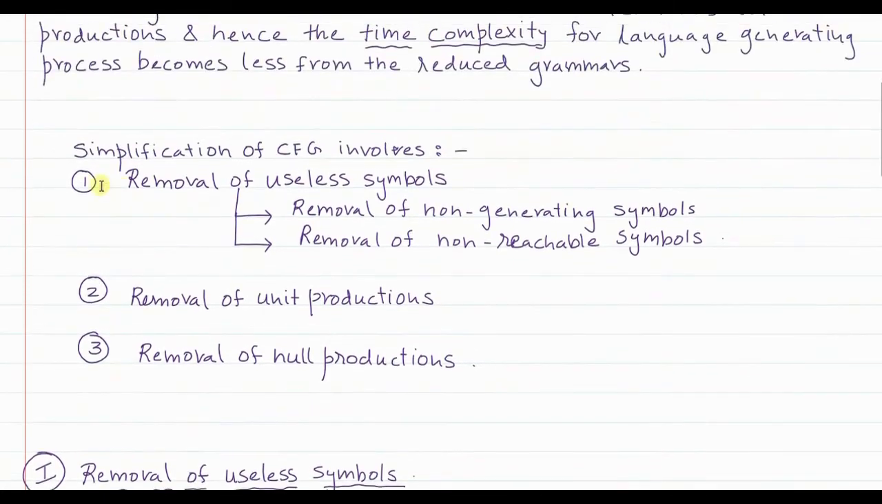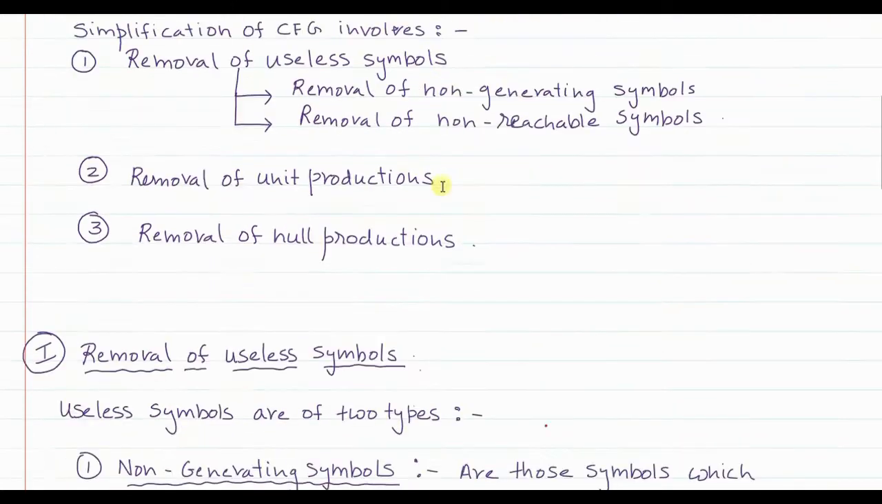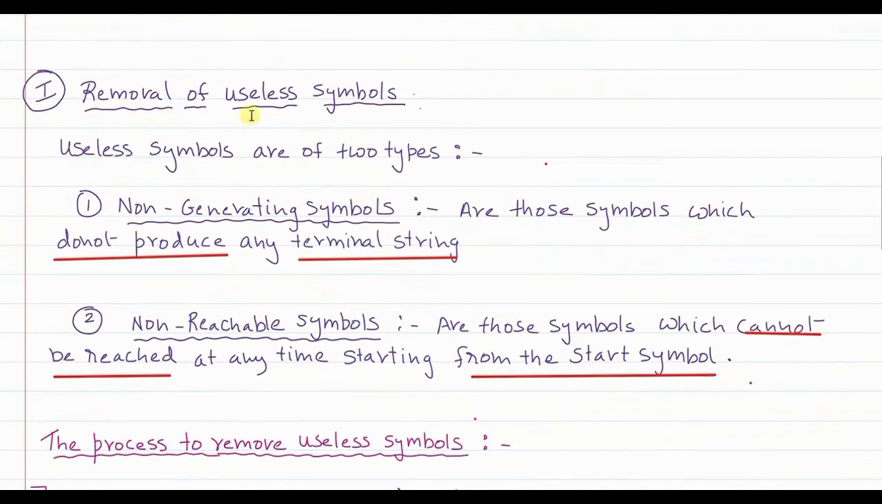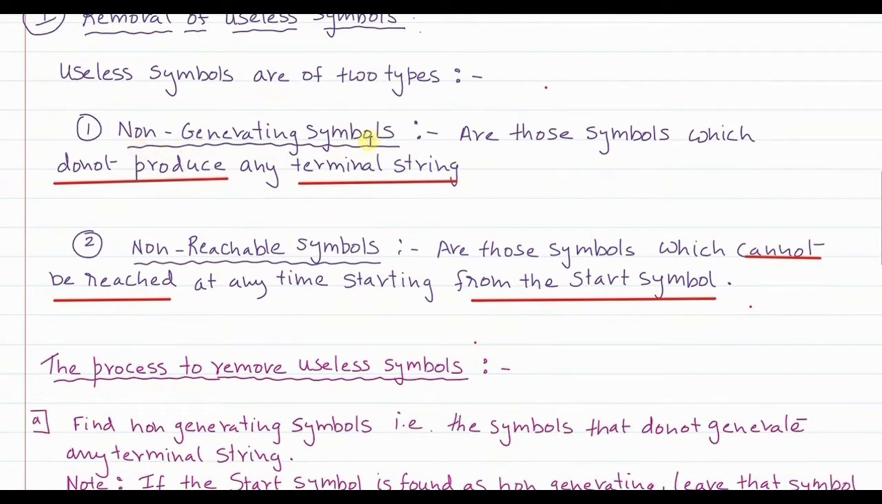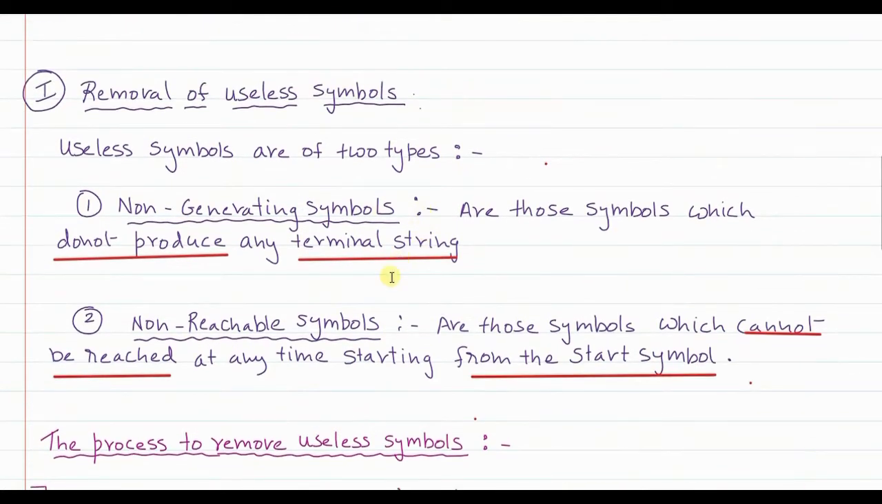Now we are going to see what this first thing is, that is removal of useless symbols, and what it involves. The useless symbols, as I said, are of two types. One is called a non-generating symbol. Okay, what are non-generating symbols? These are the symbols which do not produce any terminal string. Okay, for an example,